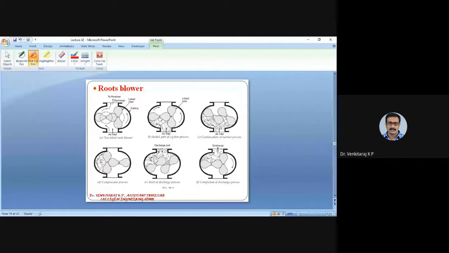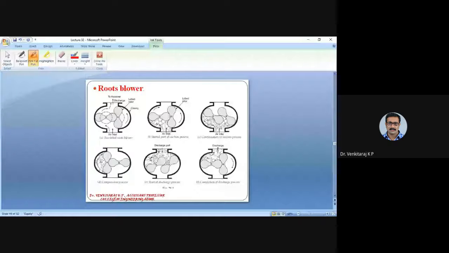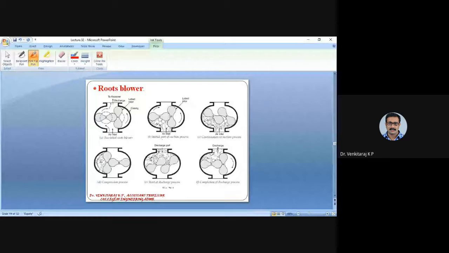That means you have a pushing of air towards the discharge side, discharge port by this lobe. At the same time, there is a backflow here from the discharge line because the pressure at the discharge side is at a higher level. So that means there is a backflow of air into this casing, and you can see that the high pressure air will then push the air to the delivery side. That is what happens in the final diagram.